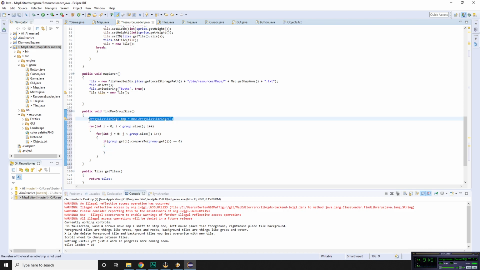Then actually instead of this, I'll just do int temp max 0, temp max plus plus,